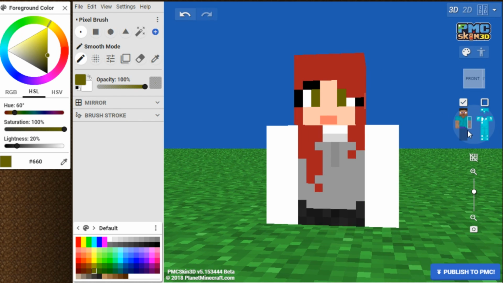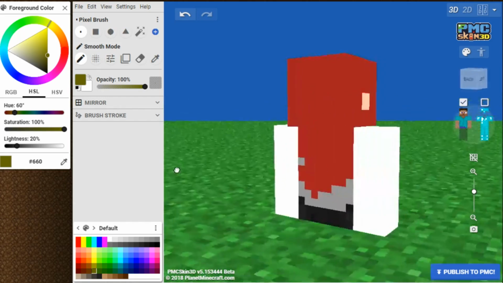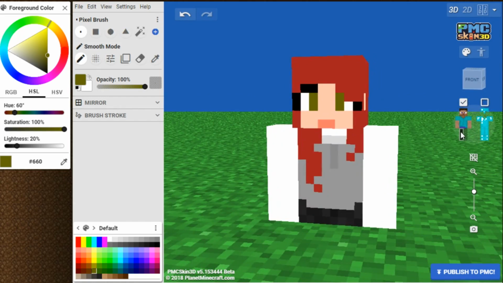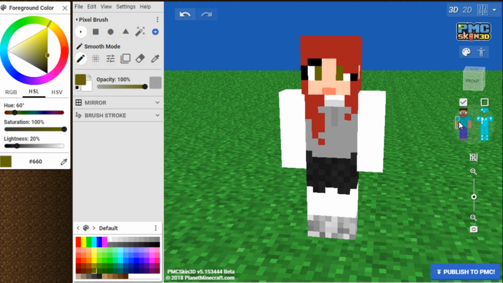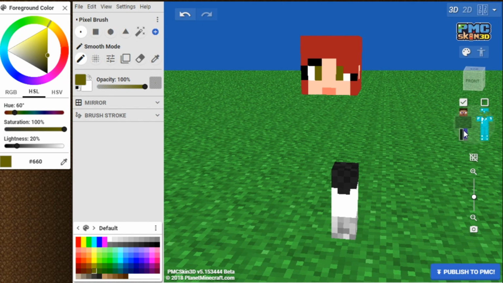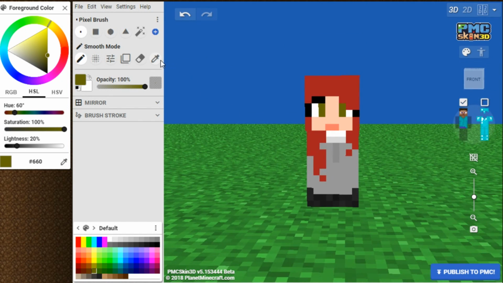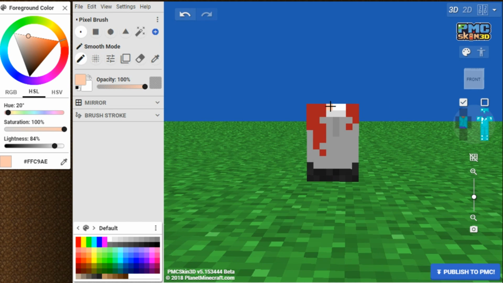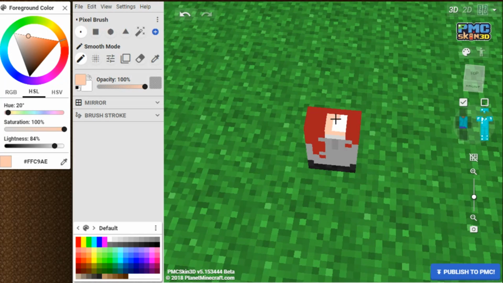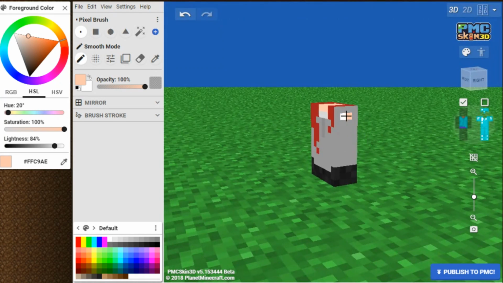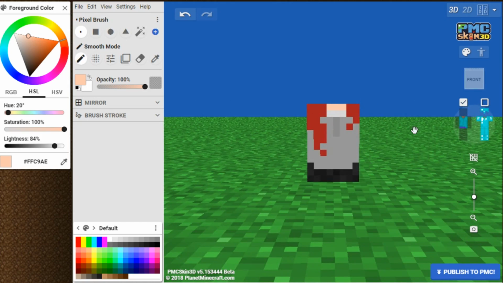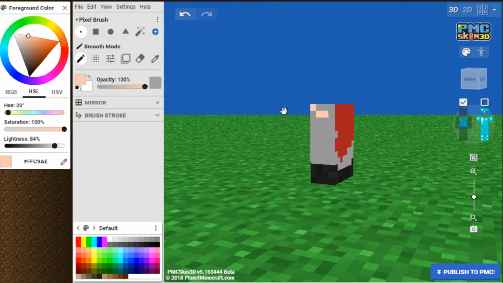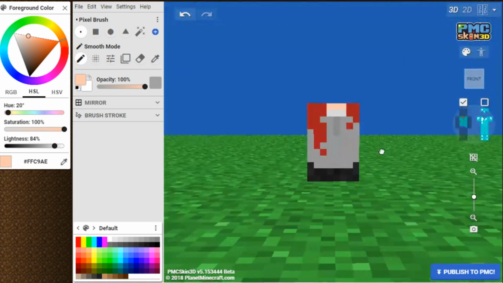Now that I have my head done, I'm just looking at the rest of my skin right now, making sure everything fits together cohesively. I'm going to turn off everything except for the head and the torso, and I'm going to pick the skin color from the head and then turn the head off and fill in the blank spots on the torso with the skin color, leaving room for the neck and over where I left some gaps for the arms.